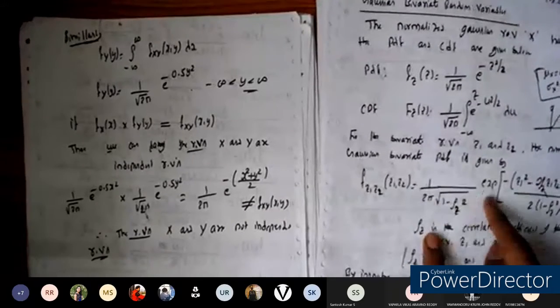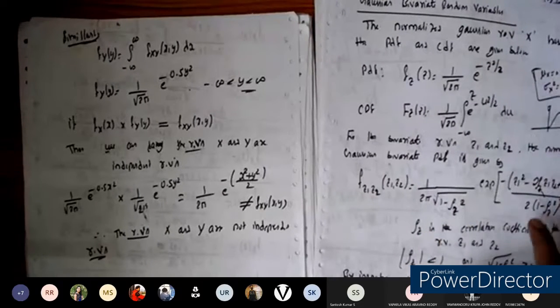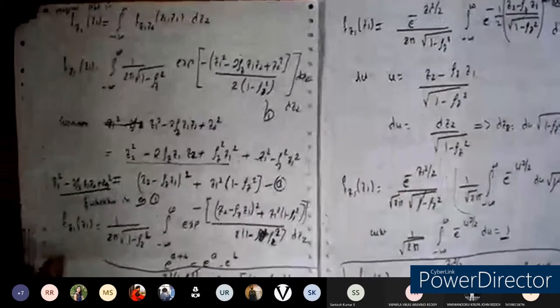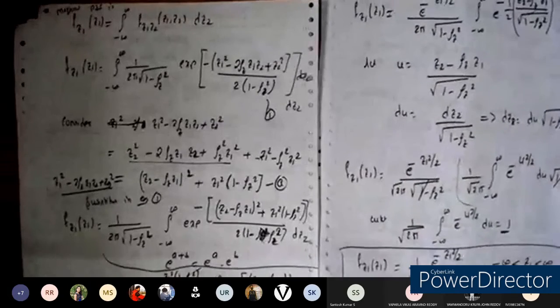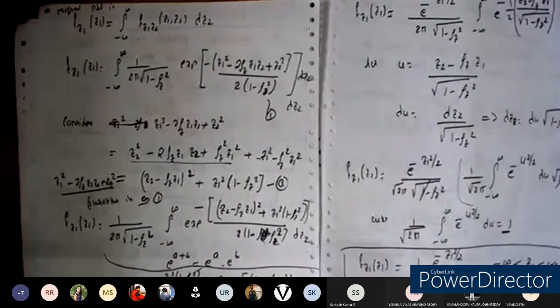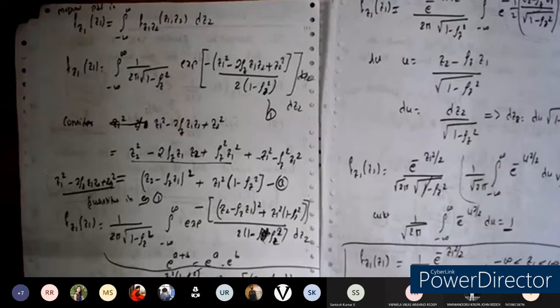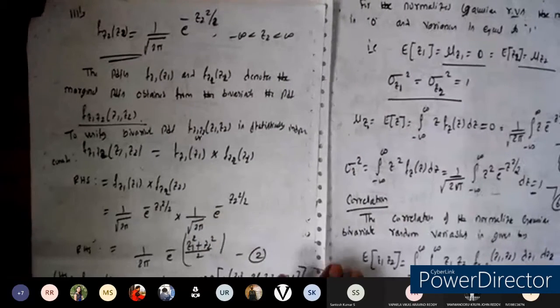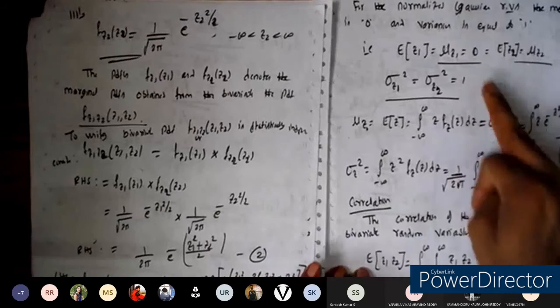So that is normalized: mean is equal to 0, variance is equal to 1, and this is the bivariate Gaussian random variable we have seen, normalized. From this we are able to obtain the marginal PDFs, by integrating with respect to the other random variable. Afterwards, we have seen that they're statistically not independent, and for that we have the mean 0 and the variance